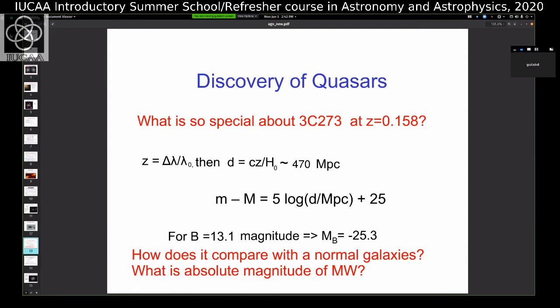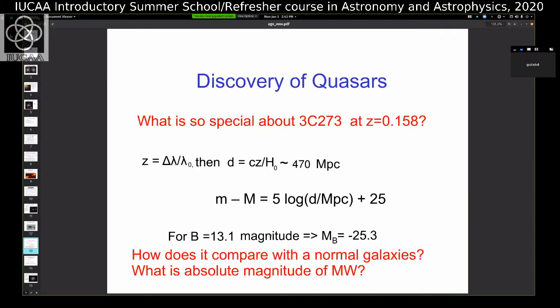So what is so special about this high redshift at that point of time? Using Hubble's expansion of the universe, this is essentially Hubble's formula, one can convert the redshift into distance, and in this case, it turns out to be a distance of 470 megaparsec, which is about 1.5 billion light years. So the light from this quasar takes about 1.5 billion years to reach us. And if it is at a large distance and we are still able to observe it, that automatically translates to huge power output from